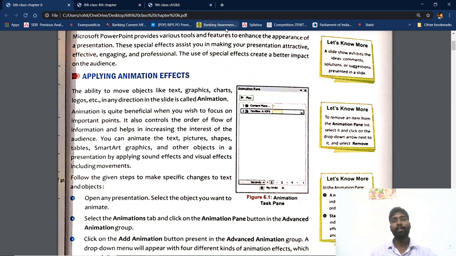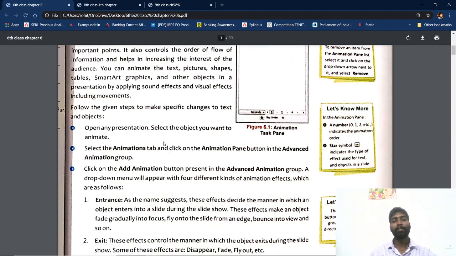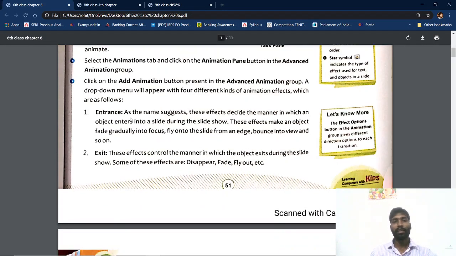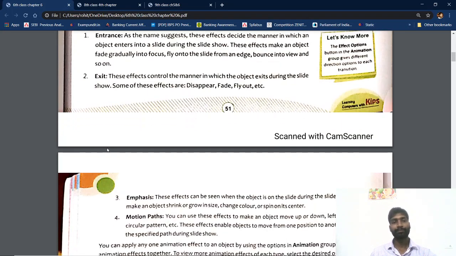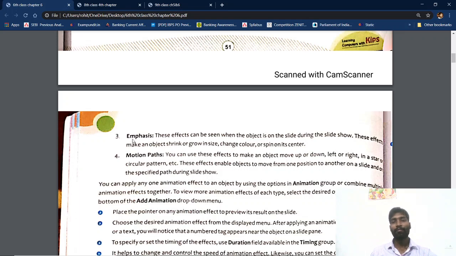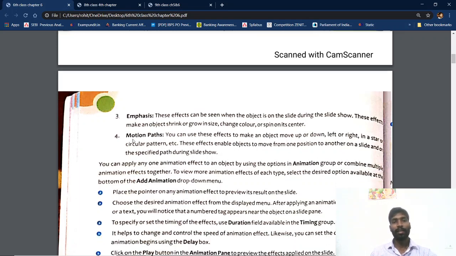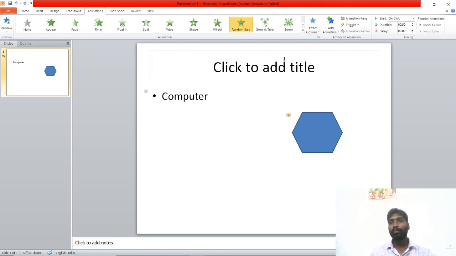Now students, if you are coming to the animation effect, there are mainly four types. Entrance, while entering the object or text. Exit, while moving time. Emphasize, in middle. After that, motion path, movement of the object. Here you can able to see the animation panel.